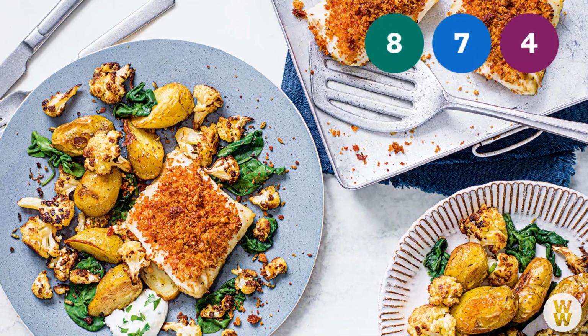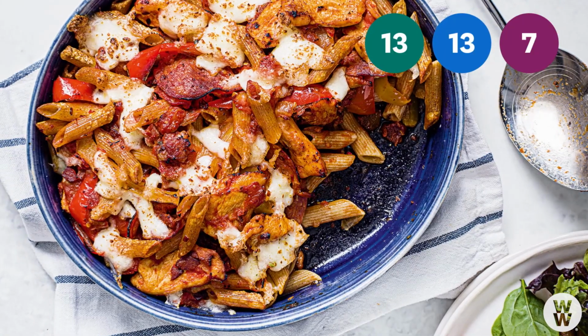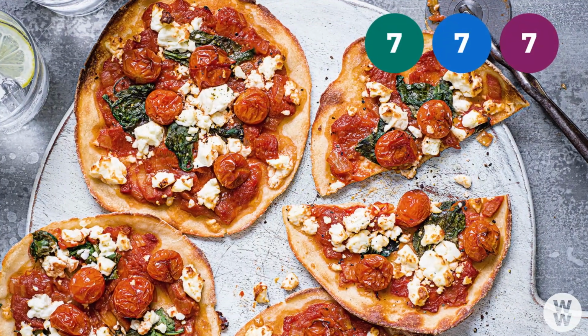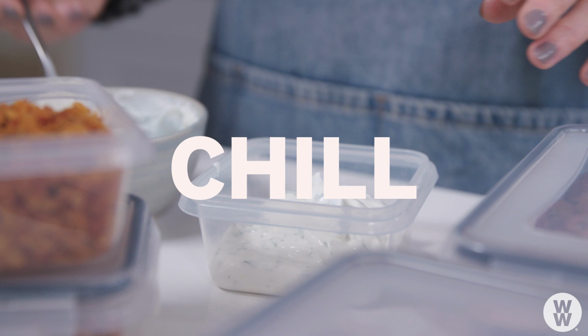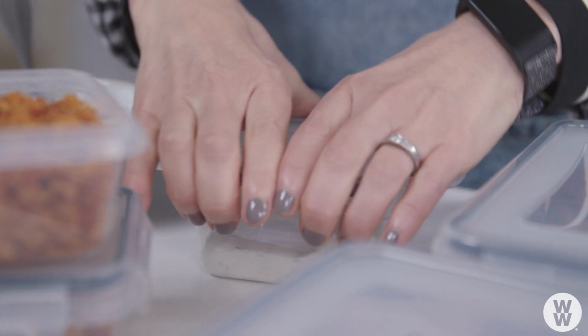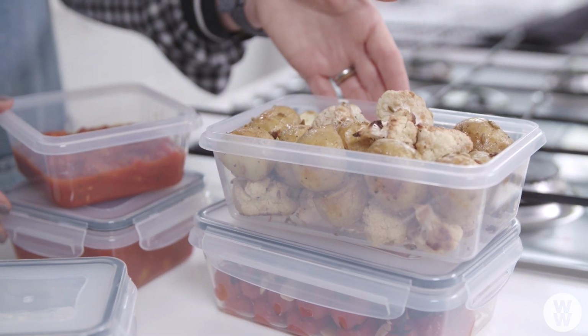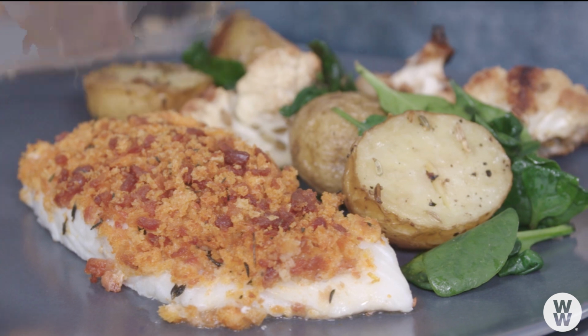It's really easy as all the recipes have the Smart Points worked out for you, whichever plan you're on, so it's super simple to stay on track. Knowing my fridge is full of these lovely meals means I'm far less likely to veer off plan or order a takeaway. These veggies are going to be served with some chorizo crusted cod, which will now only take me